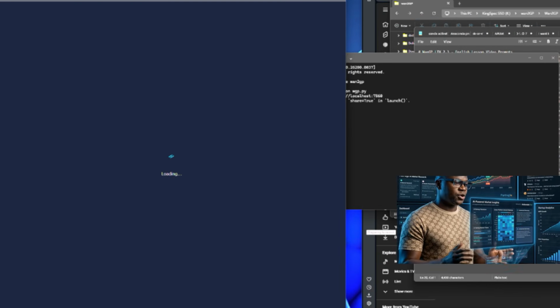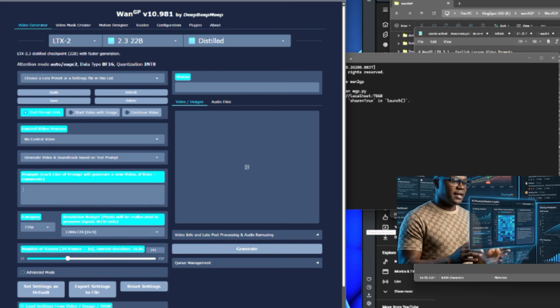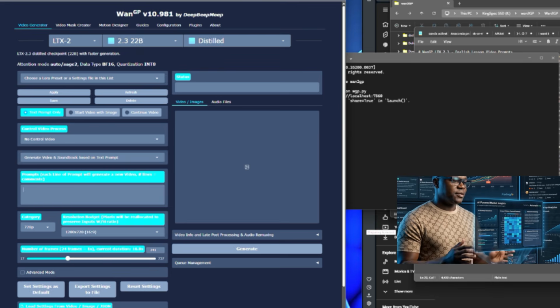I just launch once. Okay, it has launched here. We can clear this off to start off with, the default. You can leave everything as default. At the moment, we're using LTX 2 and the version is 2.3, the 22 billion parameter as a distill so